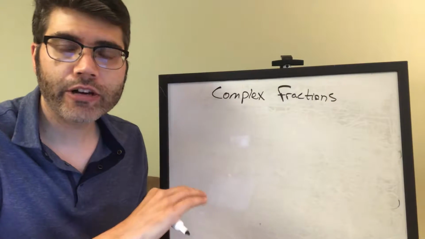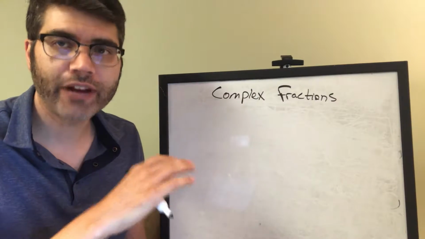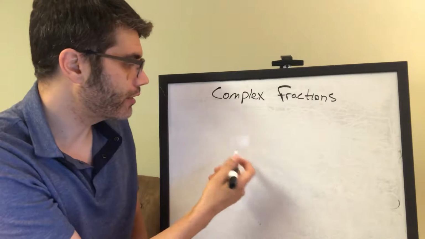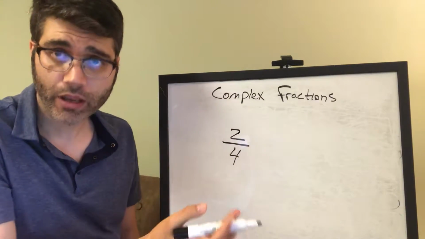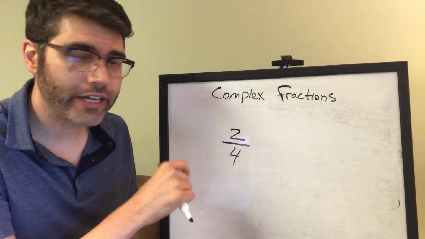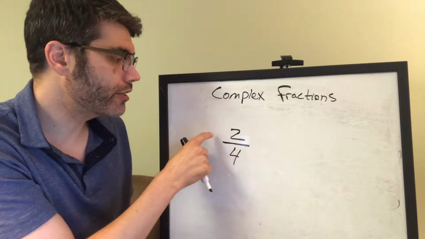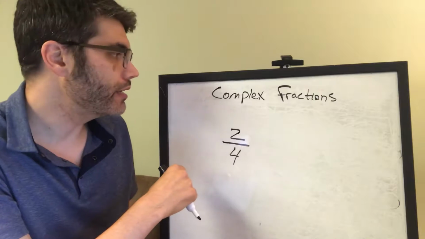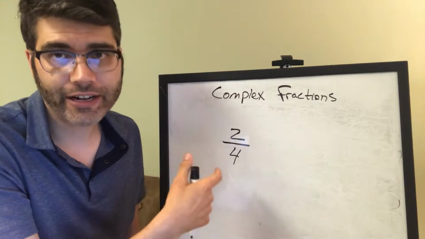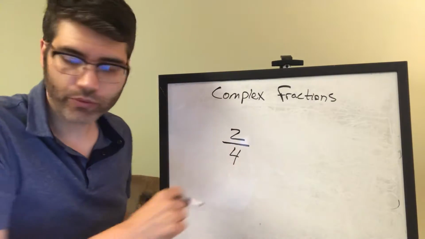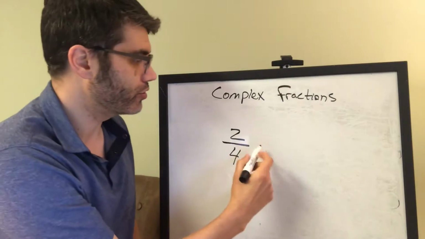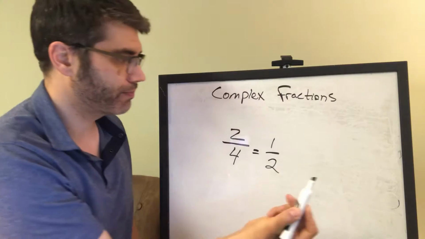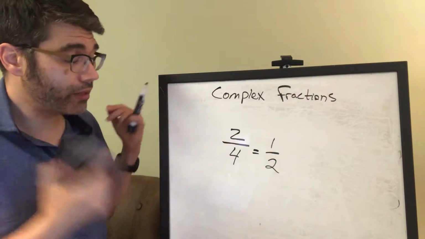I'd like to make a side note about something called complex fractions. So a fraction is where you have a numerator and a denominator. A complex fraction is where either the numerator or the denominator is a decimal or a fraction itself. So while this is a wonderful fraction that can now be reduced to 1/2, a complex fraction